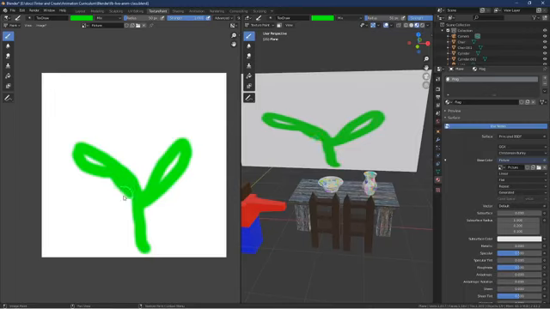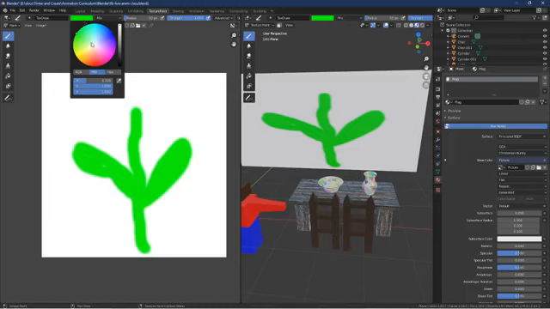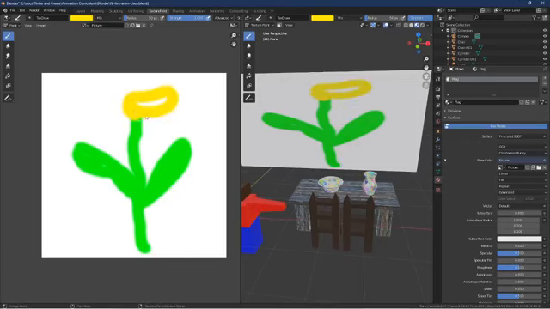So you'll see that it's actually applying it to the actual world at the same time as I'm drawing it over here on the side. And a stem going up here. My nice little picture of a flower. Okay, so we got green there. I'm going to switch back up here to a different color. It's going to be kind of a sunflower maybe, or a daisy. Big circle here. All right, and then